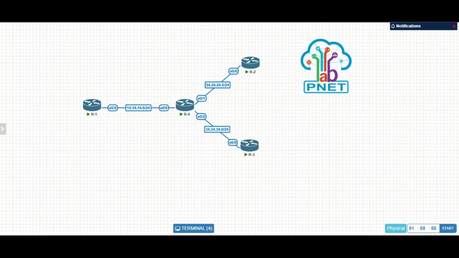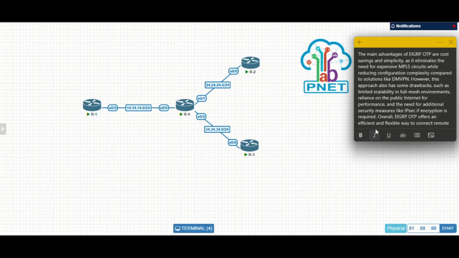What is AGRP over the top? AGRP over the top is the feature in AGRP that allows routers to establish neighbor relationships and then exchange routing information to enter the routing table over a public or unmanaged network without requiring MPLS or a dedicated layer 2 service from an ISP.